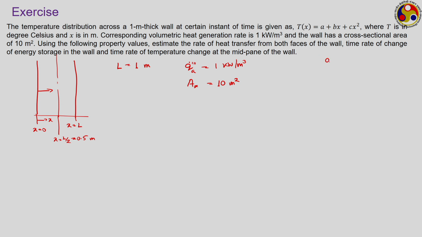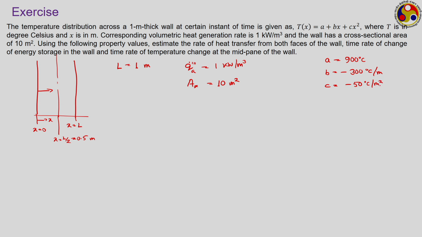Certain values are given which I have noted down separately. It is given that A is equal to 900 degree Celsius. The temperature is in degree Celsius and x is in meter. B is given as minus 300. What should be the unit of B? Any term in this equation, all the terms should have the unit of Celsius. Now, B is multiplied with the length scale, so it should be degree Celsius per meter, and C is given as minus 50 degrees C